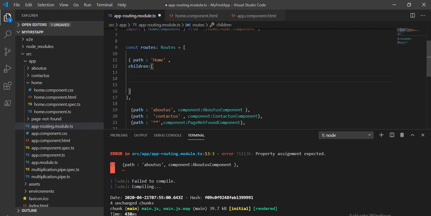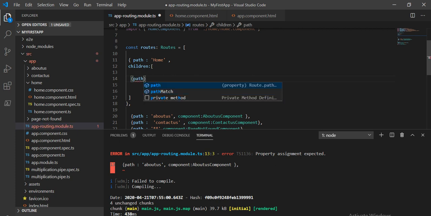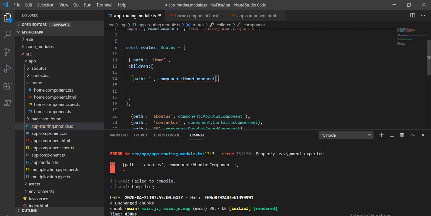When I click on this home, first the default home page should come. So we give the path as empty quotes, and the component. By default it should be the home component. Then we want an about us or contact us page under this.